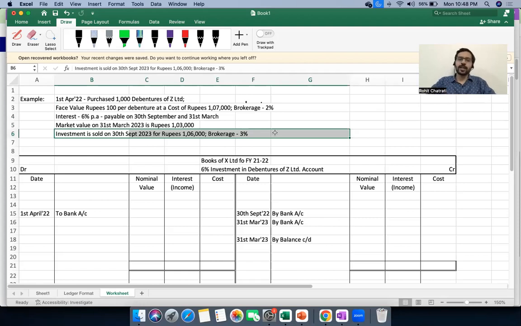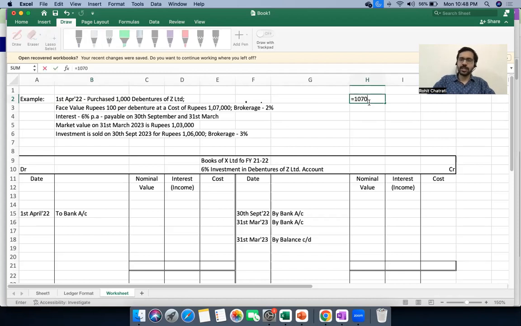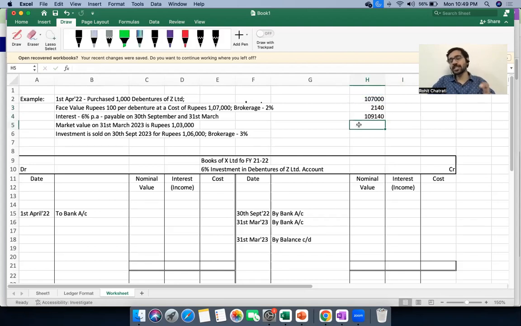Now, on 1st April 2022, I have purchased debentures. I have paid 1,07,000 in the form of cost and I've paid 2% as brokerage. The 2% will be calculated on 1,07,000, which is the transaction cost. So on a totality basis, I have purchased investments for